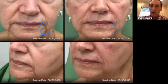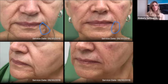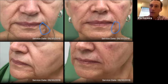See how, in the before and after, you can see how there is more visible pink in the lip, and also the area where the marionette lines, you can see that area, the medial portion. So if you're looking at her marionette line, the space between the 2 lines right here is softer, if everyone can see that. And also we have more fullness to the lip. Yeah, that's perfect. Yeah. So in her, 4 to 5 syringes of filler,